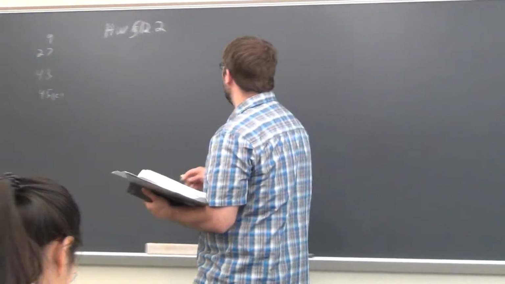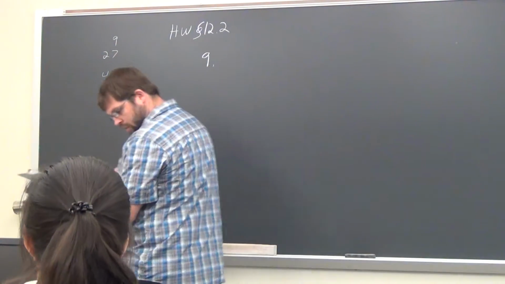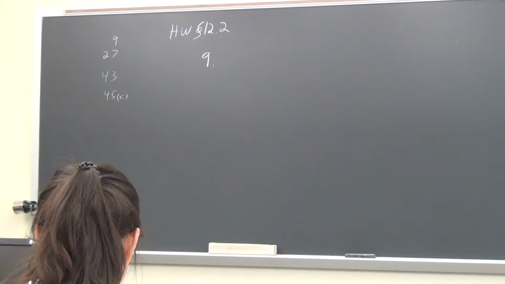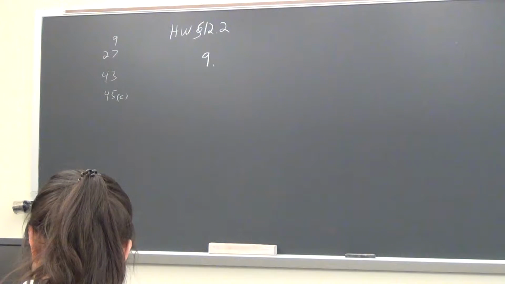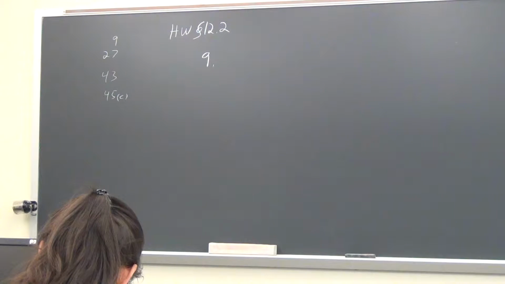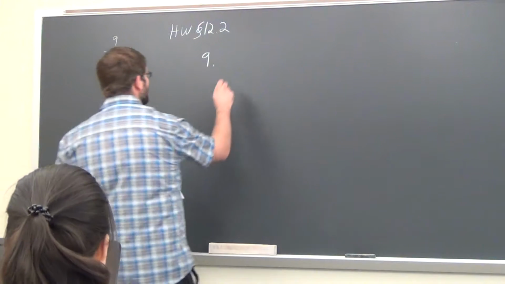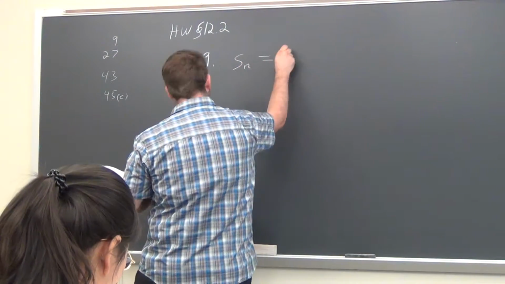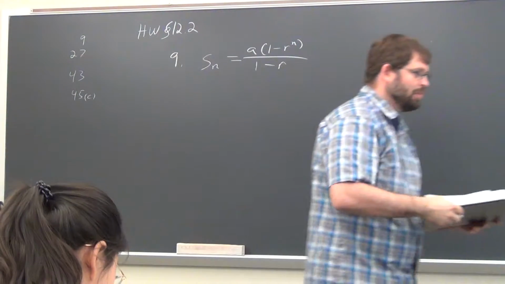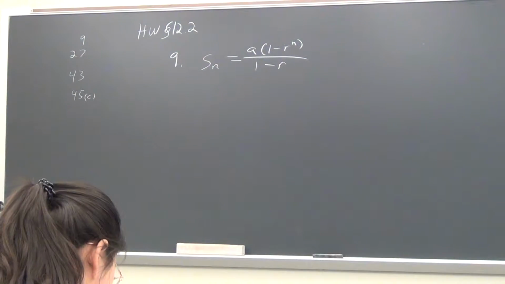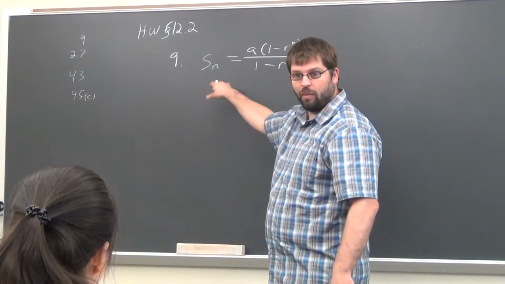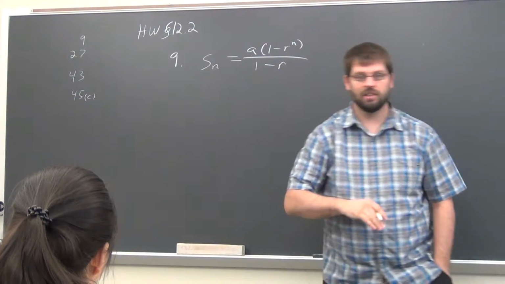Okay, so it says here, evaluate the given finite geometric series. Use equation 12.3, which states that the sum of the first n terms is given by this. So let me just say, S sub n is a times (1 minus r to the n) over (1 minus r). I didn't stress this formula at all. It came up when we came up with our geometric series formula. I didn't have the a in there, but that formula came up, and it just wants you to use this formula to figure out